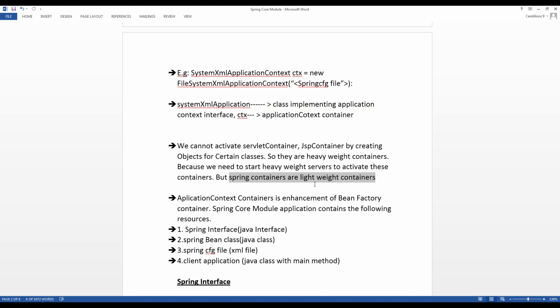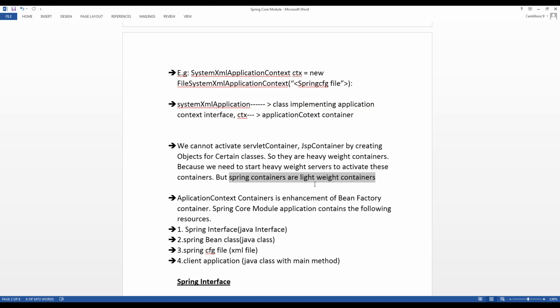Why do we use the Spring container instead of the servlet and JSP containers? Because servlet and JSP containers do not allow accessing or creating objects for certain classes, whether predefined or user defined. That's why we are not using the servlet container or JSP container.